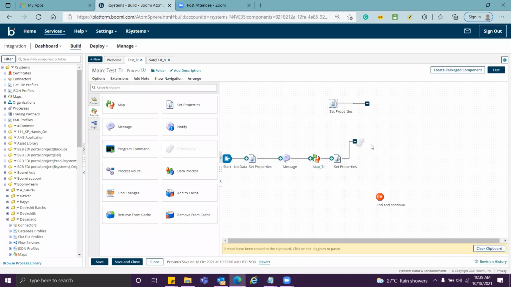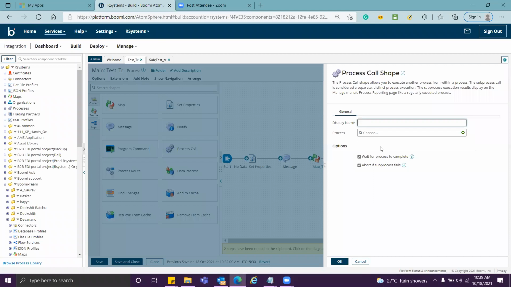I click on this, and it will ask me what process I want to call here. I click on sub test here. All right. Now you have one option here, abort if sub process fails. Suppose you have a process with 2 or 3 branches, and you have this process call shape on your first branch, and you enable this option.